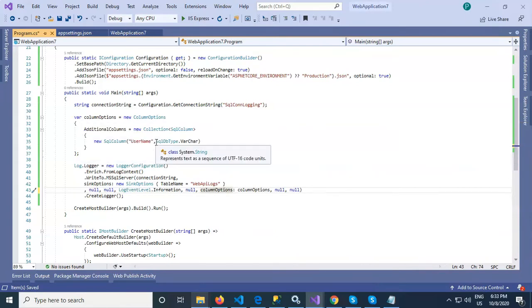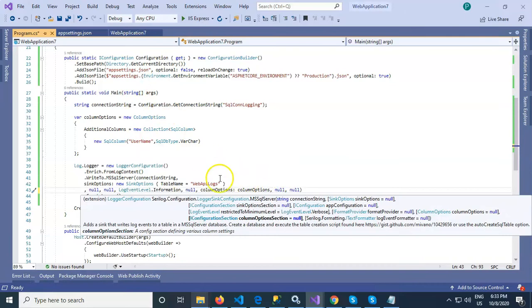So column option is basically the custom columns that you want to log into the database. So I have added a username varchar field so that we can add a username. Whatever user is requesting API, we just log that username into the MS SQL table.